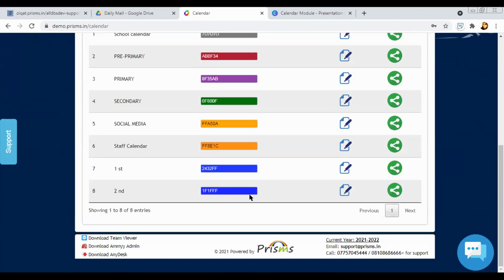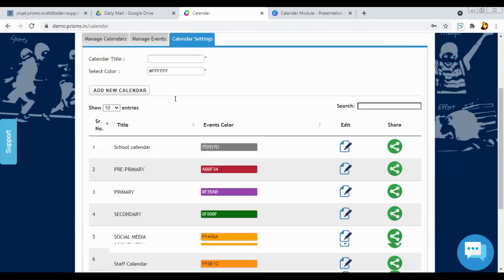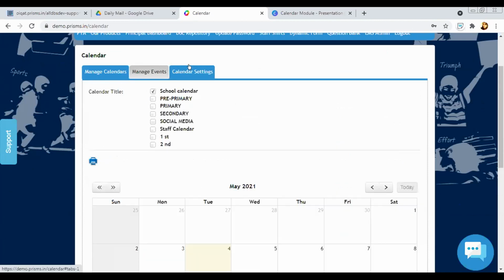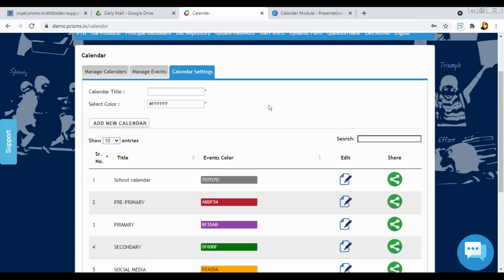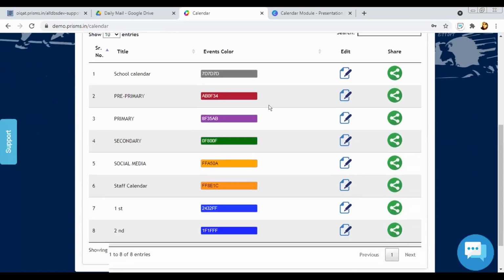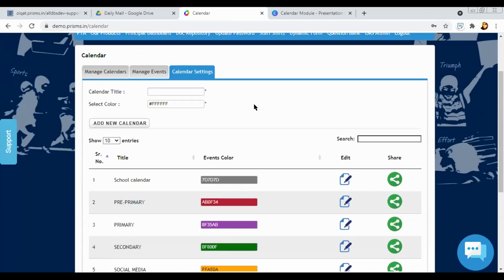So second step is you can add events to the calendar. No, second is you have to share that calendar once the calendar is created. No, first of all, the calendar title, and for that the color is to be chosen. Selecting the color is essential. Yes. So first is creating a calendar with the color. So that is the first part.